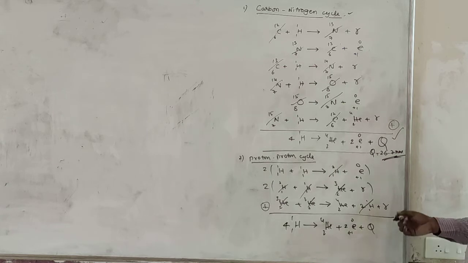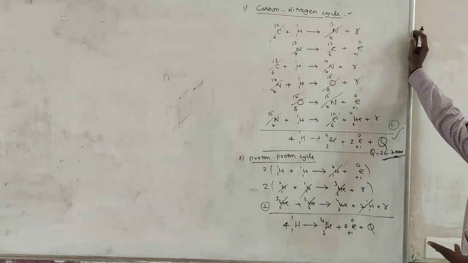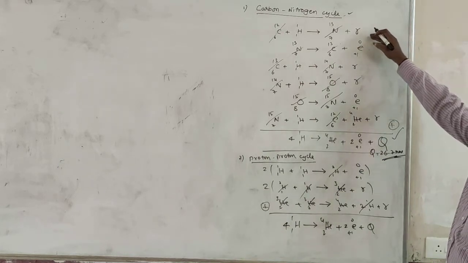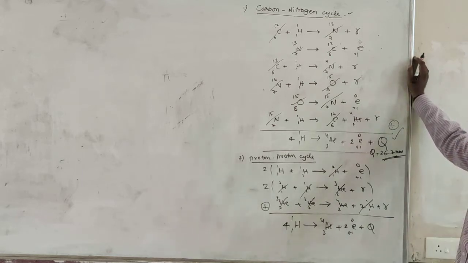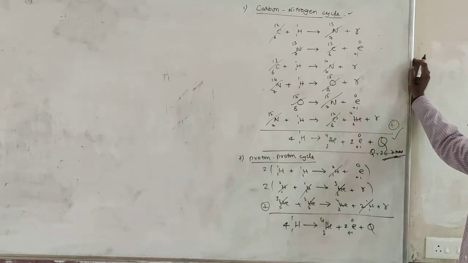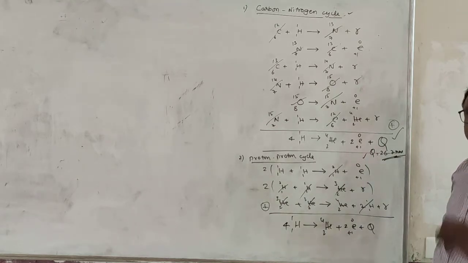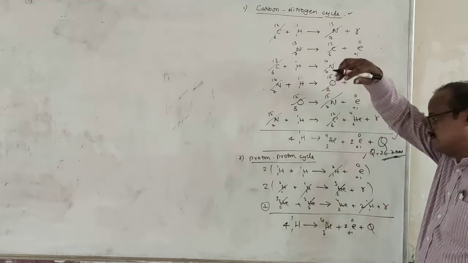Sir, what is the difference between these two cycles? In general, the energy released in the carbon-nitrogen cycle takes place at low temperature and low pressure compared with the surface temperature of the sun. If the surface temperature of the star is high, energy will be released in the form of proton-proton cycles. Okay now?